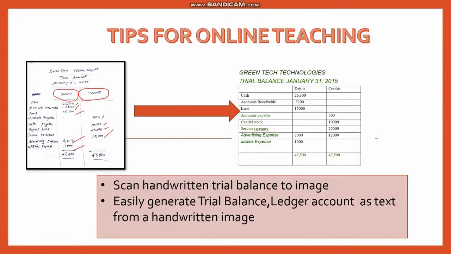We are going to see two important tips which will be useful for all those who are handling online teaching. In this situation, we have to handle our classes in the online mode and we are not able to generate all the documents in the documented format. We'll be having most of our documents in some handwritten format, and we don't have the chalk and talk method, we don't have the board to explain.